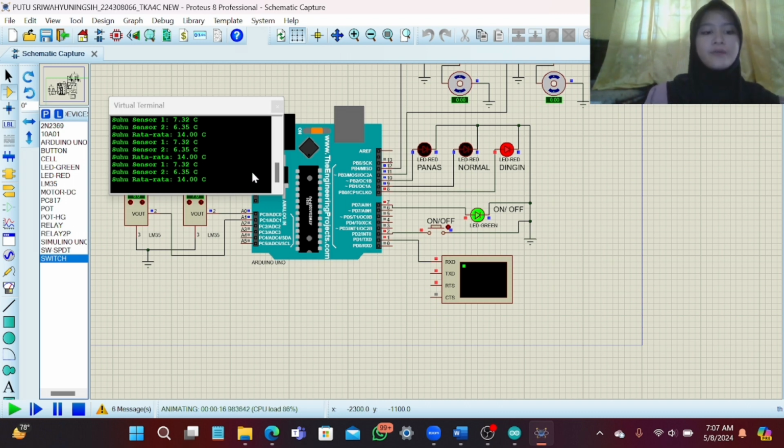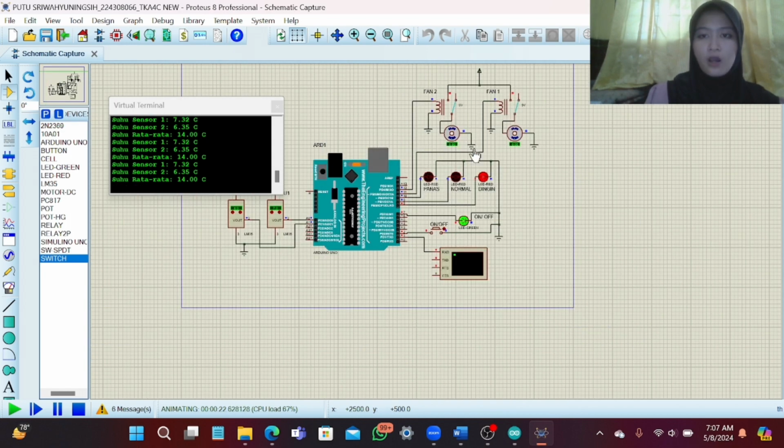When the average temperature value is less than 20 Celsius, the hot temperature and the normal temperature indicators will be off, and the cold temperature indicator will be on, and fan motor 1 and fan motor 2 will be off.